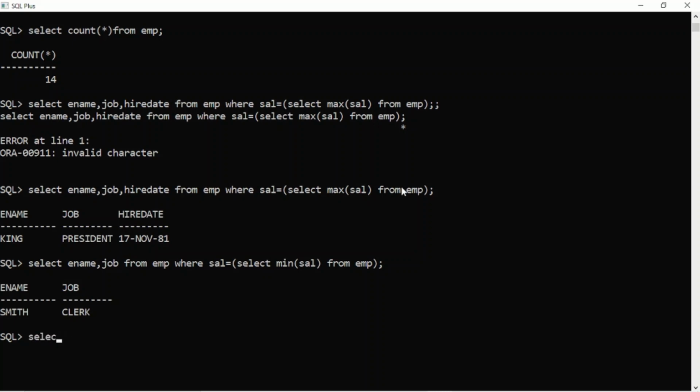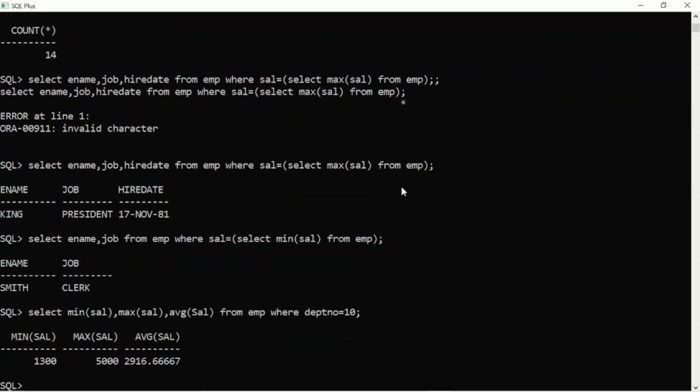Select min sal, comma max sal, comma avg sal from EMP where DEPT number equal to 10. I can get that. Simple. Clear?